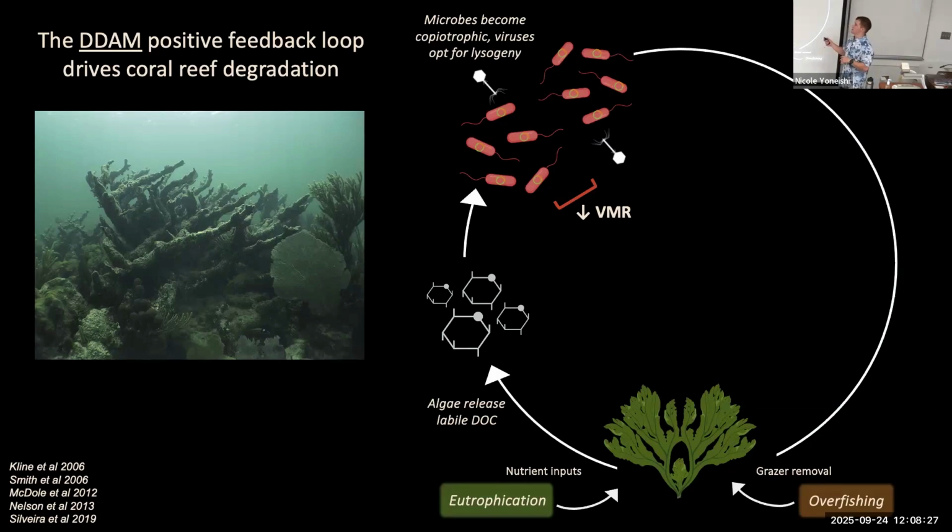And we see shifts in these communities that become more copiotrophic and more pathogenic. We also see this interesting shift in the viral communities on these degraded reefs, where suddenly this virus to microbe ratio, or the abundance of viruses relative to microbes in the ecosystem, goes down. And we'll talk about why this is, but ultimately what we have discovered is happening here is that viruses are switching from a canonical lytic predatory strategy, where they explode the microbes, to one where they just piggyback off of the microbial success here. As these microbes are growing really, really fast, the viruses are like, why don't we just integrate into your genomes and tag along?